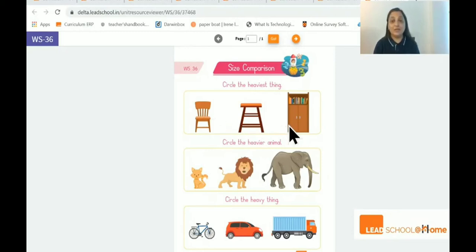Give them 1 to 2 minutes so that they know how to figure out with the objects based on the instructions. After that, read the second part of this worksheet. Explain it to them in simple English or in the local language. Give them 1 or 2 minutes so that they can complete this part of the worksheet. Again, read the third part of this worksheet. Explain them the instructions in simple English or in local language and then ask them to complete it as per the instructions. Now I am going to show you how you are going to help your child complete this worksheet.